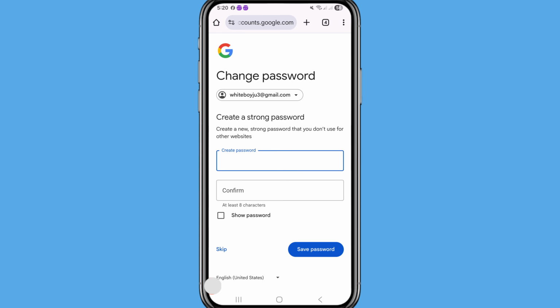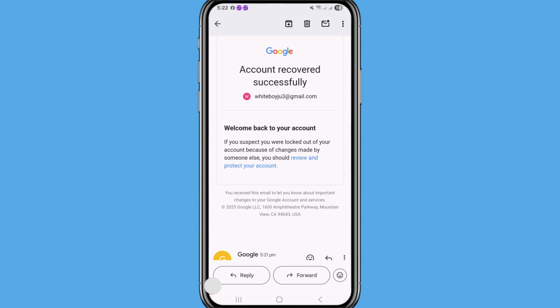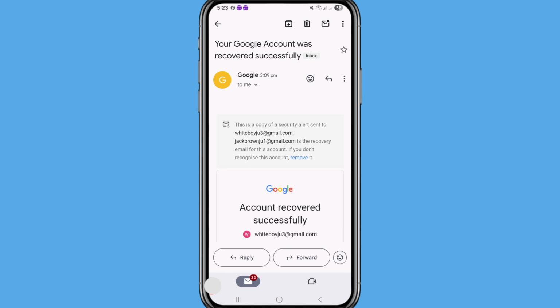Change password, create a strong password, a new strong password that you don't use for other websites. After that you can see create password. So here you can type your Gmail account or Google account new password. You can see your Google account was recovered successfully. Google account recovered successfully. That means I can easily recover my Google account. So thank you very much and